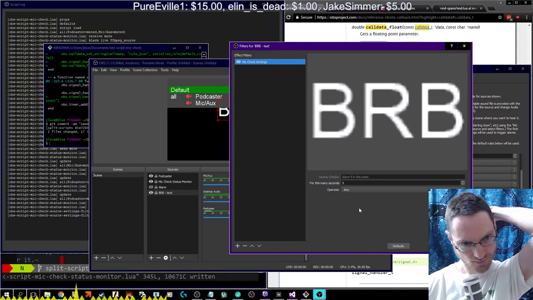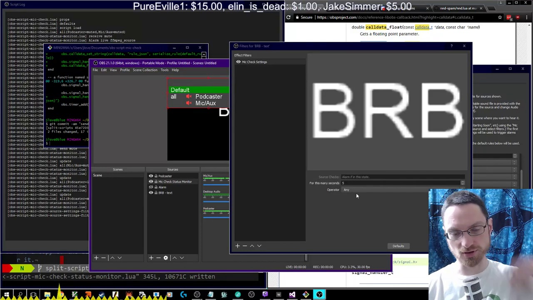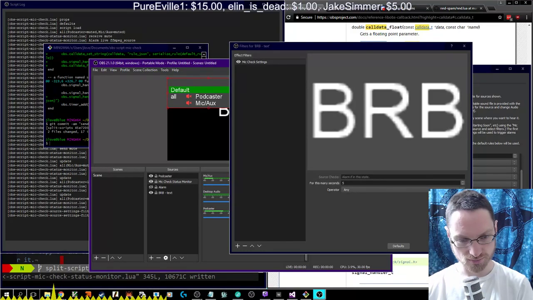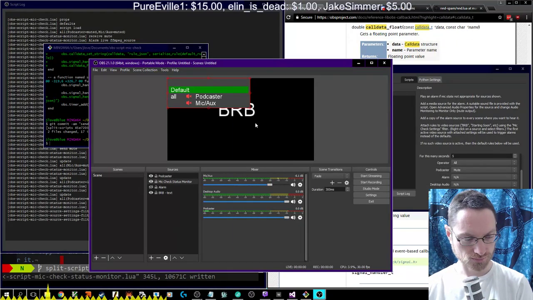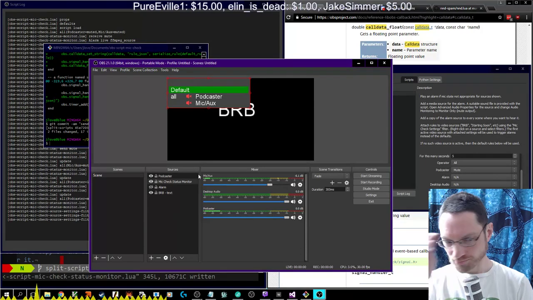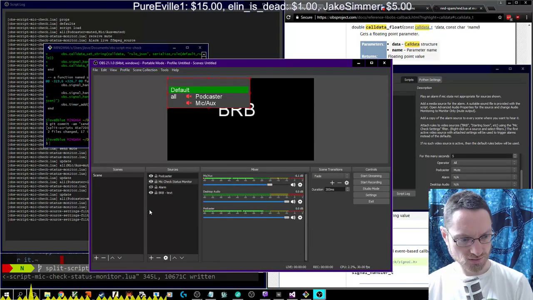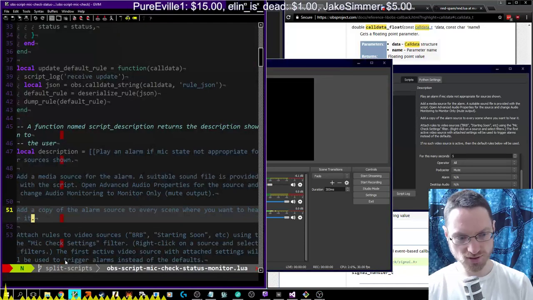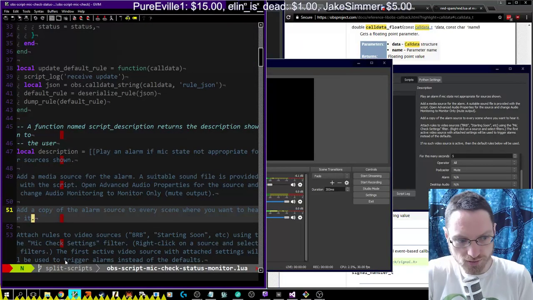And then this needs to know what all these settings are for each source. So I'm already sending source mute state, which is kind of